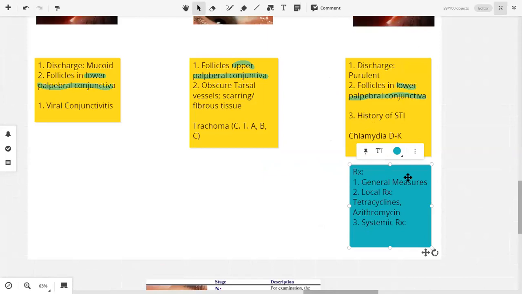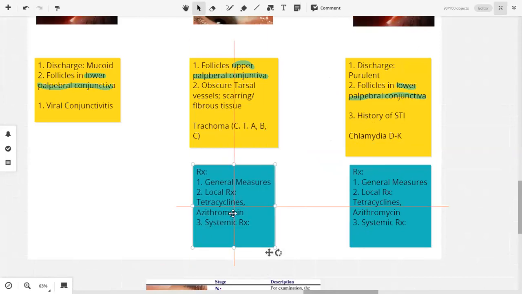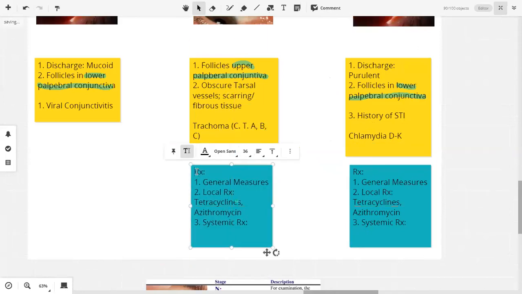So in the treatment, one thing: we've discussed the FISTO classification. इस पे आपसे सवाल पूछा जाएगा, इस पे आपसे SQ आ जाएगा, ये बार-बार में पूछते हैं. How will you classify trachoma? You will classify it according to the FISTO classification. How will you treat trachoma? In trachoma we follow these three guidelines. यही काम हम करेंगे. General measures, local treatment, systemic treatment, etc.